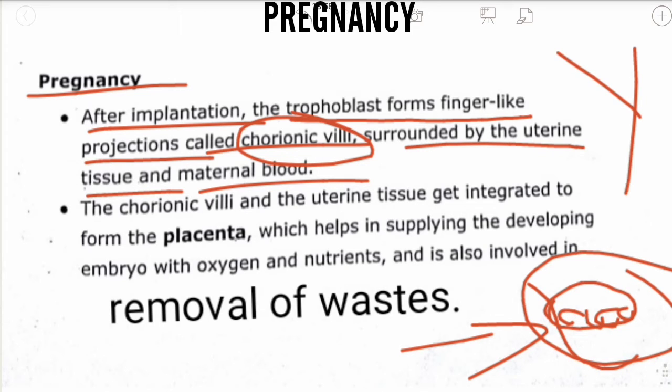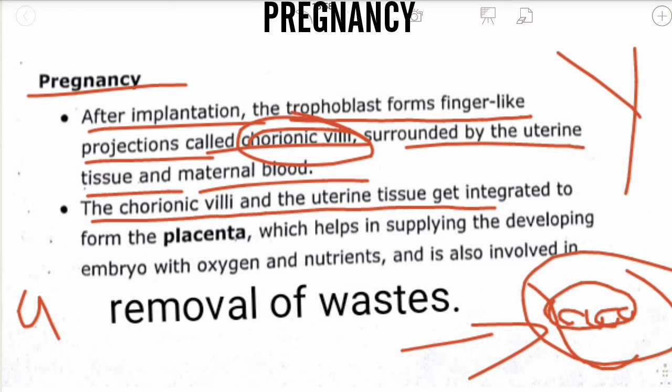Why is it attached? What is the use of the attachment of the chorionic villi? Because the growing fetus will not have appropriate nutrition. Obviously, it will be in the womb for 9 months in one place, so it requires nutrition. For nutrition, a connection is formed with the help of finger-like projections known as chorionic villi.